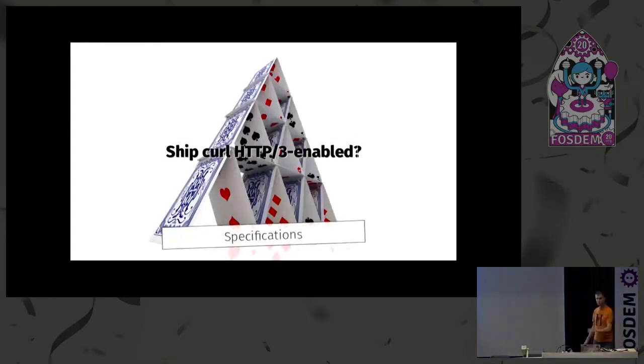So just to show you some of the problems that we have to ship this. So you want to ship HTTP 3 enabled curl. When, right? First, we have some specifications. They haven't landed. Mid-2020, maybe. And then we have these libraries that we are using to do all of this binary stuff. They're all in alpha versions, right? Because the draft versions keep changing. So they're probably going to ship after the specifications.